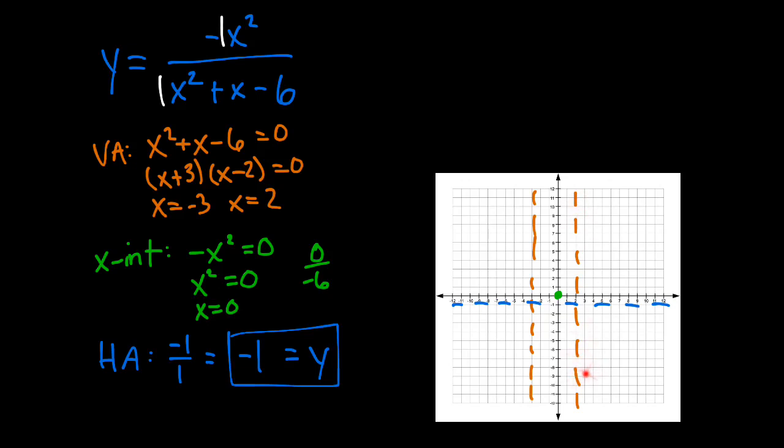So the other better options are using your graphing calculator to figure out whether it's above or below. Or if you don't have one of those, just make a guess. If you draw something that makes sense with the asymptotes that you have, I'm not going to mark you down for that, okay? But if you graph this on your graphing calculator, it is below on this side, it's below